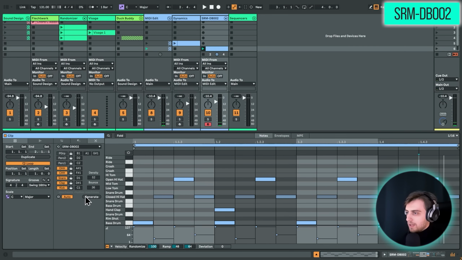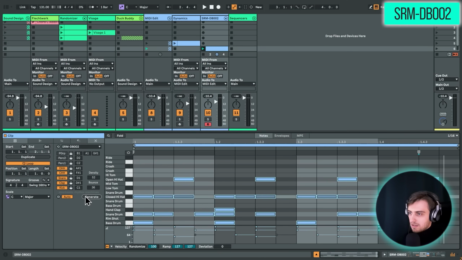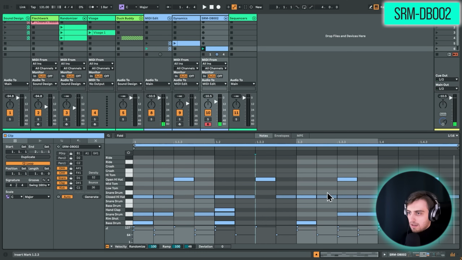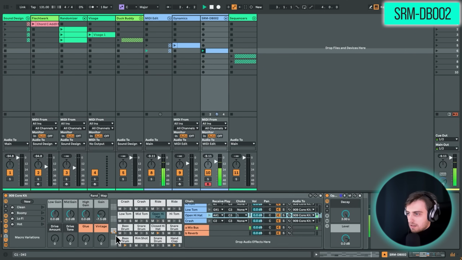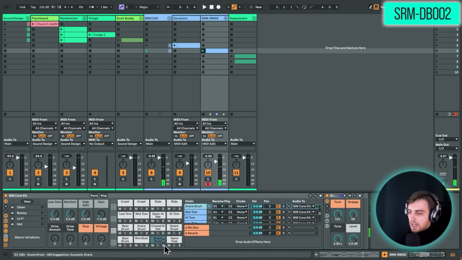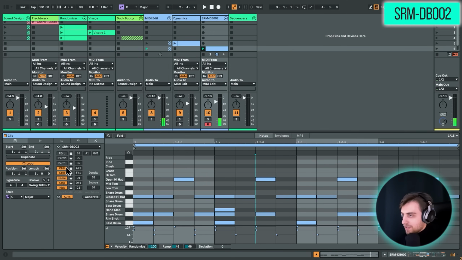Beautiful. And then maybe we can generate a few more times. And as you can see, it generates these open hats in the correct position. And we also got a nice drum fill. You can also add 2 percussion sounds and a perk group, which I believe is supposed to be toms, which